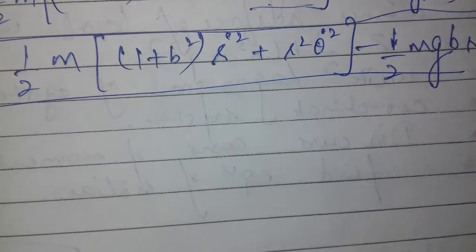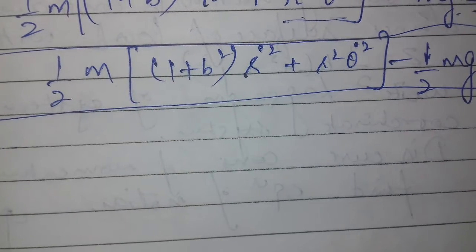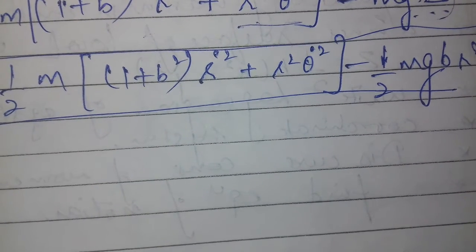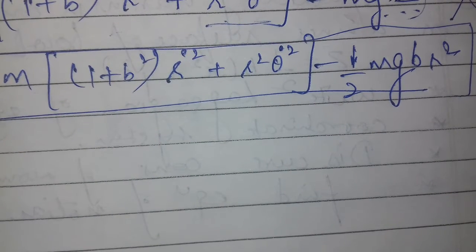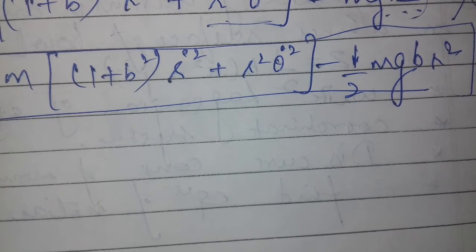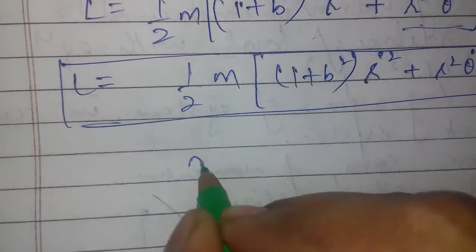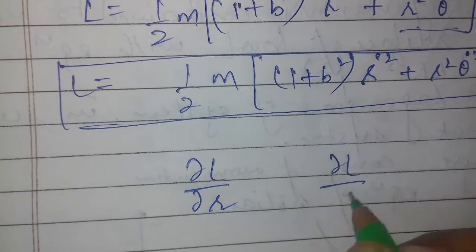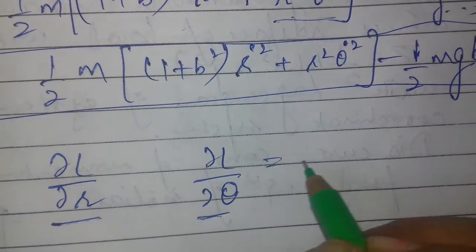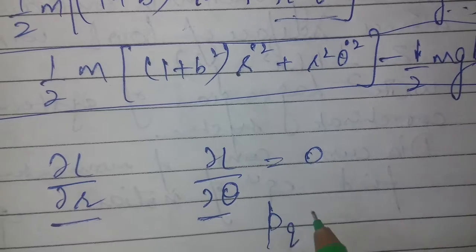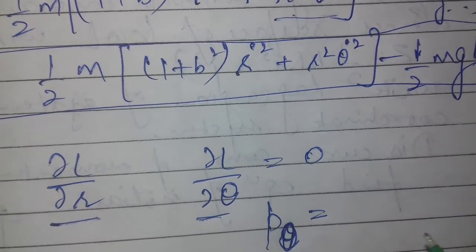First part done. Lagrangian first part is done. Now your second part was to discuss conservation of momentum. Conservation of momentum is told by the cyclic coordinate. If there is any cyclic coordinate, then that momentum will be conserved. So you can easily see theta is not here. Theta is your cyclic coordinate, or you can check ∂L/∂r or ∂L/∂θ. ∂L/∂θ is your 0. So p theta will be conserved.